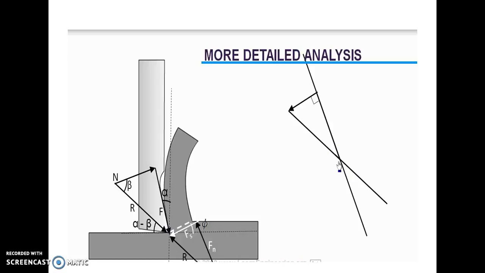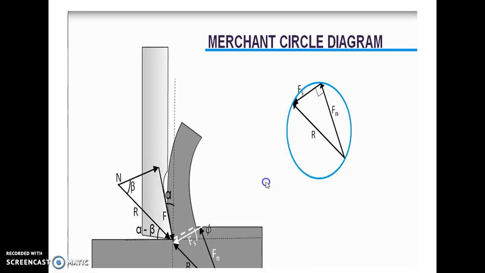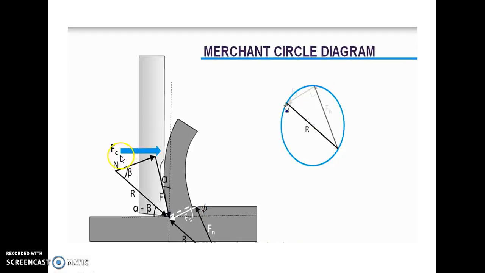and draw one circle having a diameter up to this intersection, and that is the blue circle shown over here. That circle is called the Merchant circle. By using this Merchant circle we can find out the different forces acting on this. Which forces do we get? Fs, R and Fn, that is the shear force, resultant force and normal force. Now how do we find out your cutting force? The cutting force is parallel to the base. So we draw one line parallel to the base,